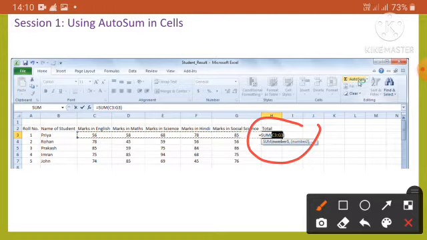In Excel we can access the AutoSum feature by clicking the AutoSum button under the Editing group of the Home tab, as shown in this figure. The AutoSum feature not only calculates the sum of values but also the average, count, minimum and maximum of values.